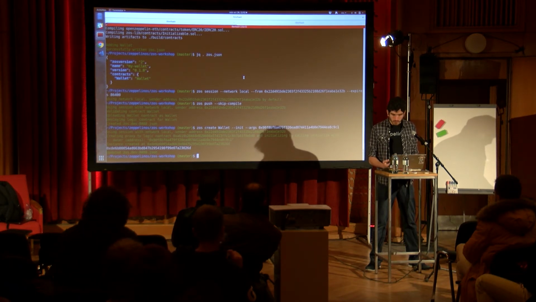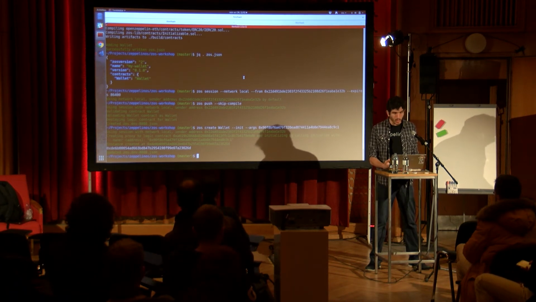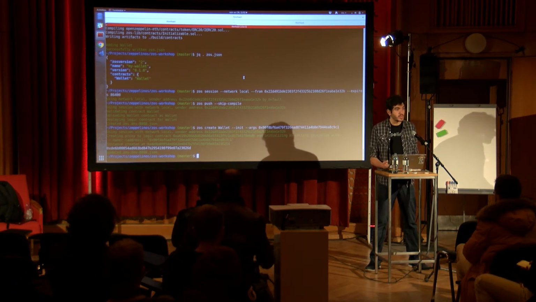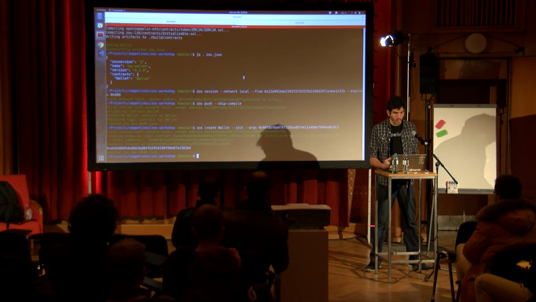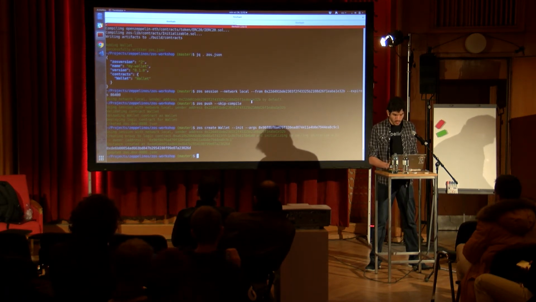But we actually want to do something with this, right? The wallet only works with ERC20 tokens, so we want to create some in order to start playing in our local network with our new wallet. So what we're going to do is link